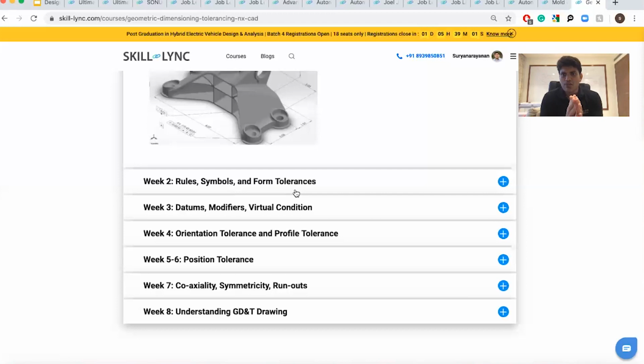So what kind of jobs you can apply after taking up this Design Masters course? So you can apply for solid modeling jobs, sheet metal, surface modeling, BIW design, mold design jobs, any product design jobs, you can definitely apply. So it opens up a lot of job opportunities for you guys. So yeah, this is our review of our Design Masters coursework.